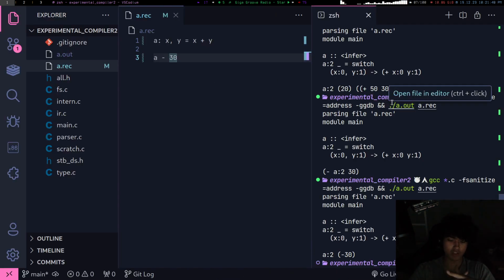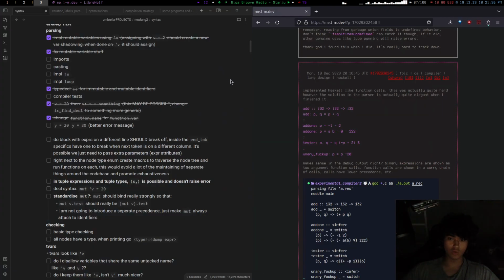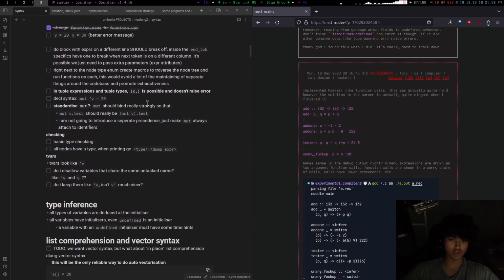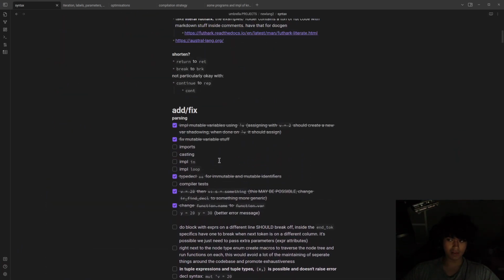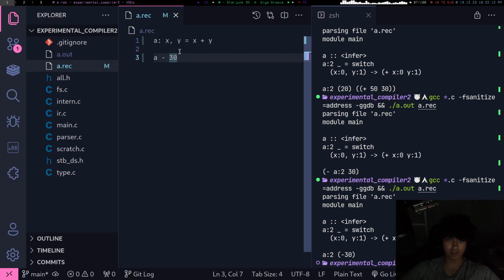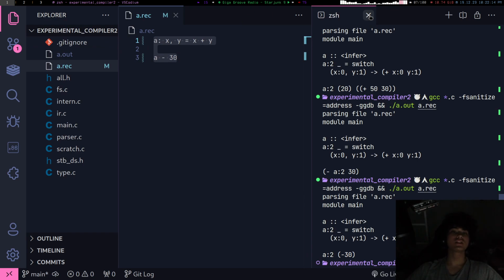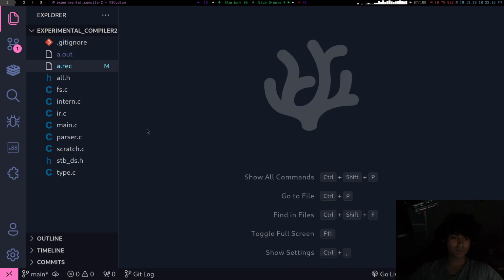So I explained function declarations. No, I explained mutable and immutable, do expressions, and function calls. That's all I did between the last stream and now. Now that I have variables, do blocks, and these function type declarations, these dash dash, so you can explicitly set them, I should probably start doing type checking now, right? I have the ability to do that.